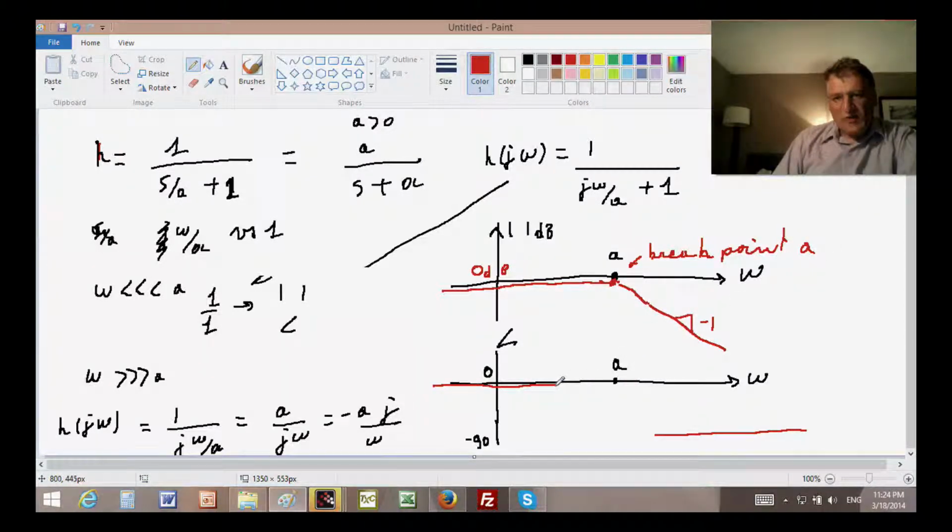Likewise for the phase, it is 0, and then it jumps down to -90 degrees. That would be not such a bad linear approximation of the true transfer function,